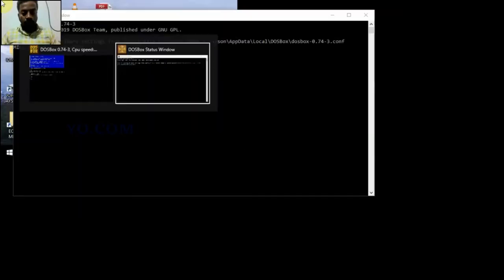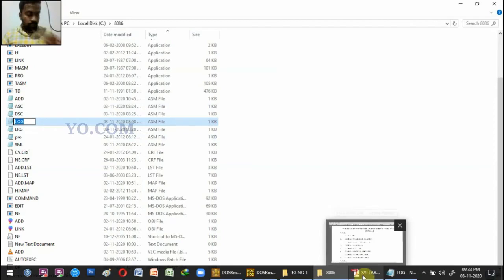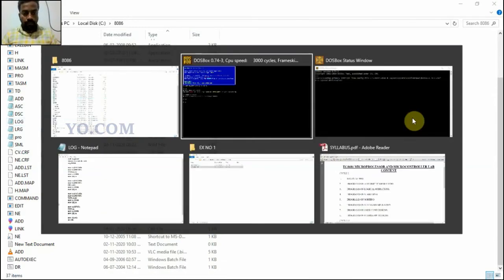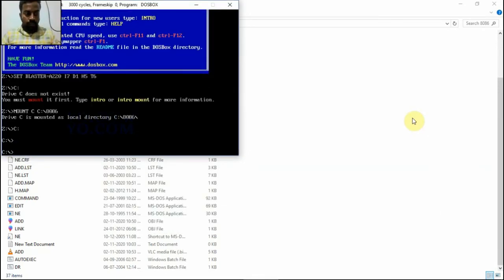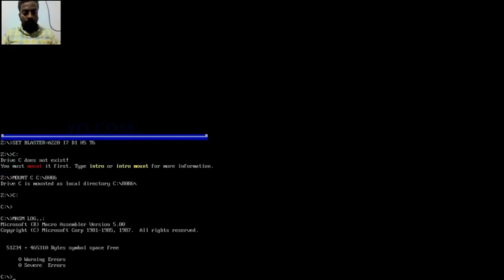The program log is the logical operations program. The program name is log. So masm log comma semicolon. No errors, no warnings.